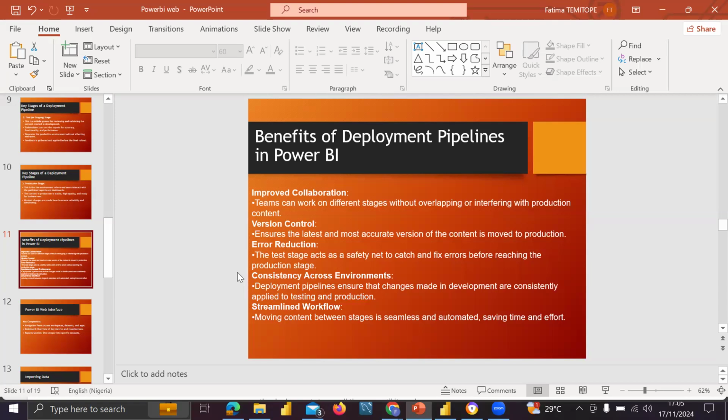Okay, so for Power BI web, you're not downloading it on your system. It's web based. There is a lot of control that you can perform on Power BI desktop, but it's just reports that you have there. It's not dashboards.